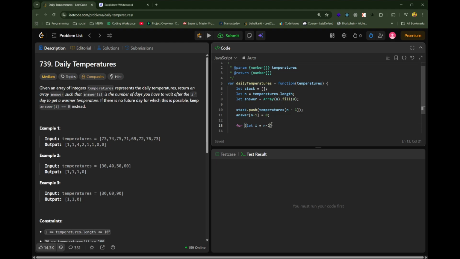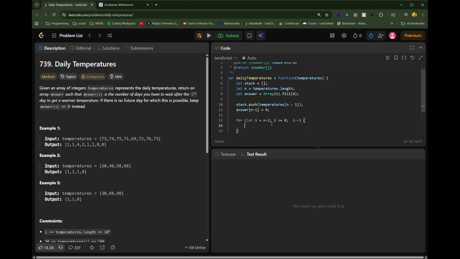So how we are going to do that is: for let i equals n minus 2, the second last index. That means length of the temperatures minus 1 gives us the last one, and minus 2 gives the second last one. In this condition, i is greater than or equal to 0, and we will keep decreasing from the second last till it becomes zero. So we will check